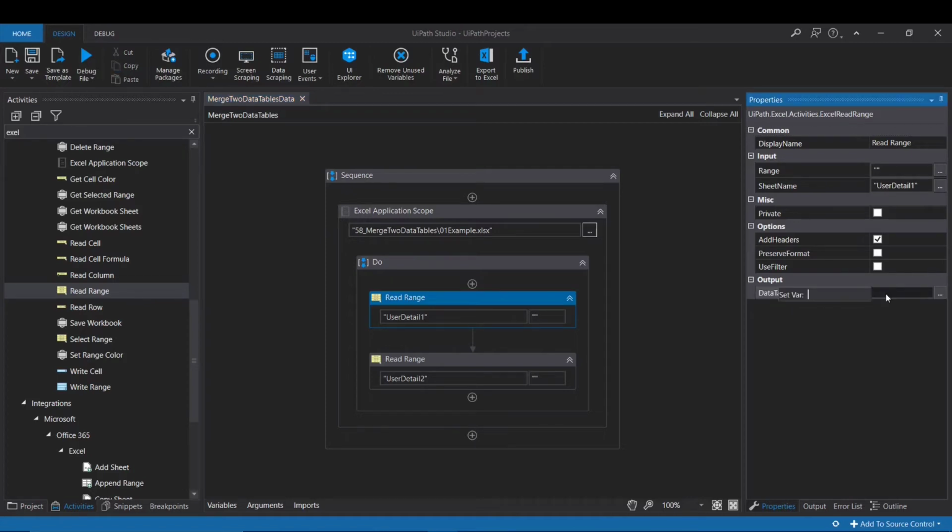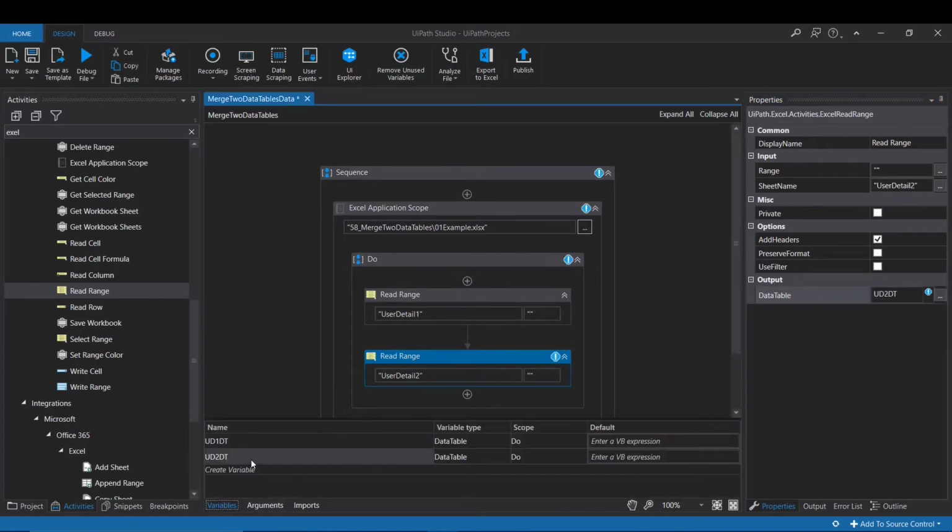So here Control K, and I will put the name as user detail 1 DT. Enter. For this, I will provide user detail 2 DT.